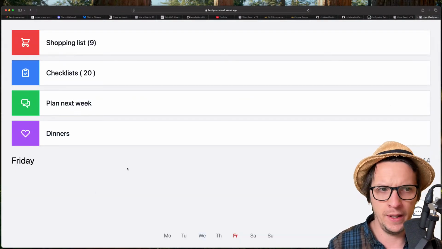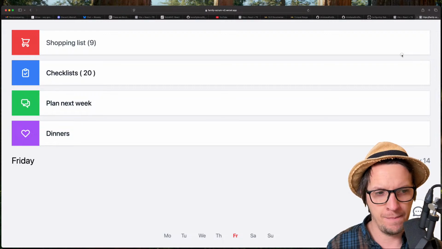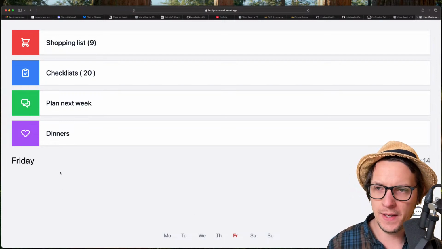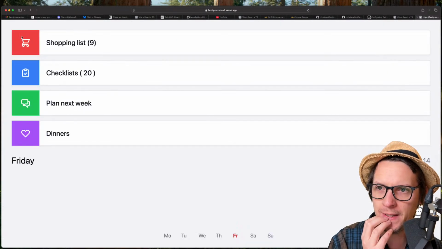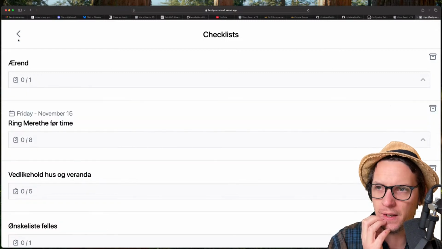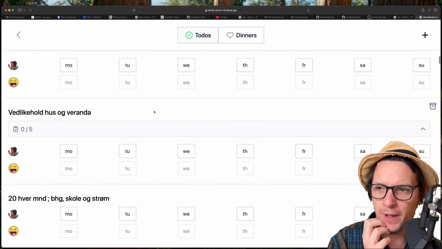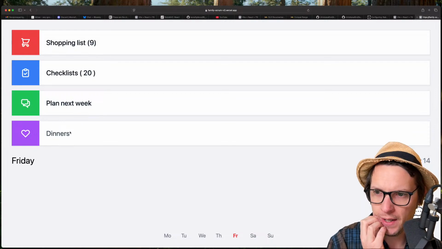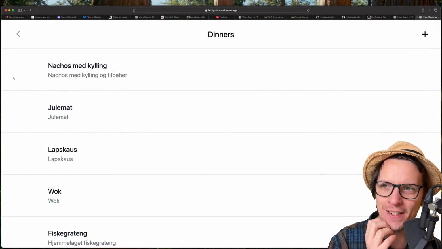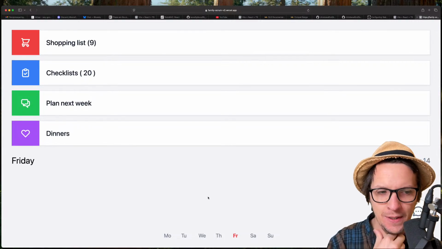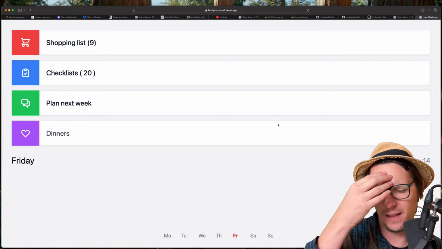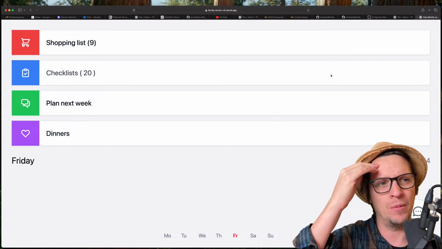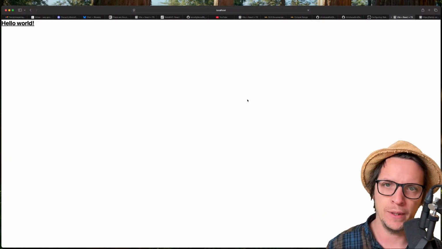So what we're going to do is, I have this app I built for the family, and it's actually a quite complex app. We're using Firebase, and we have a shopping list here. We have checklists. We have the ability to plan the next week together, and we even have dinners in there. We're not actually actively using all these features, but it's a pretty complex app. And it's running on Next 13. So what I've done is I've created a new branch which is completely clean,